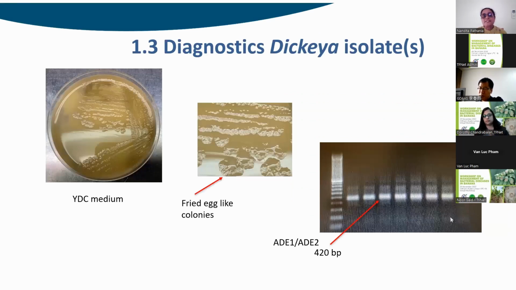Regarding the diagnostics of this disease, historically in Australia it has been diagnosed on the basis of morphological, physiological, and biochemical tests using the Biolog microidentification system. The new molecular approach has changed the taxonomy of a number of pathogens, including bacterial corm rot. Historically, Erwinia carotovora, Erwinia atroseptica, and Erwinia chrysanthemi were identified as a major cause of bacterial corm rot. But now these molecular approaches have changed the